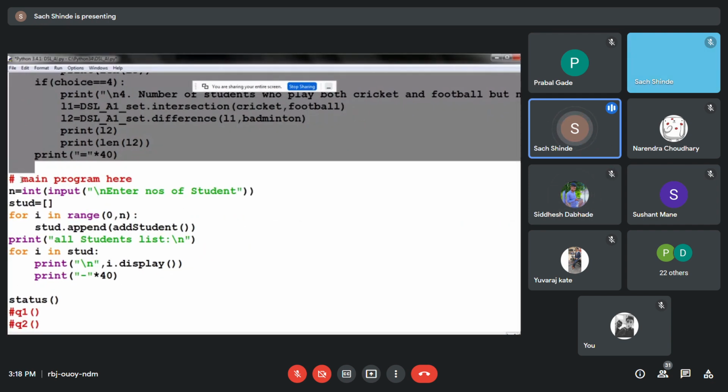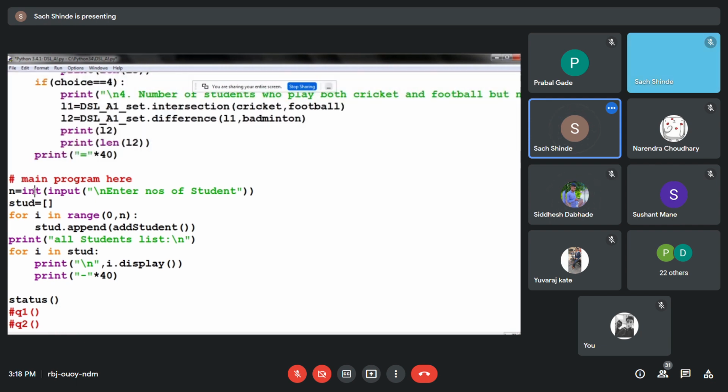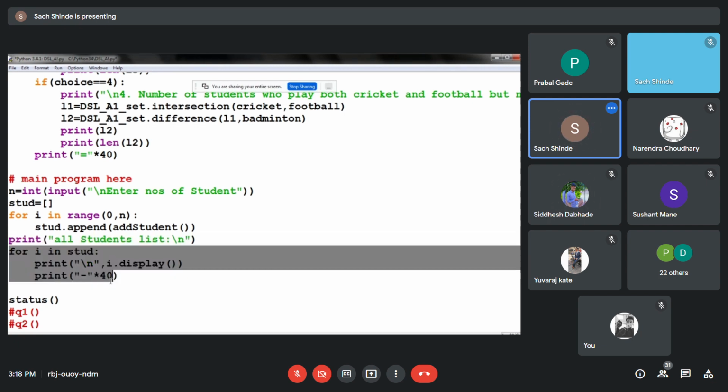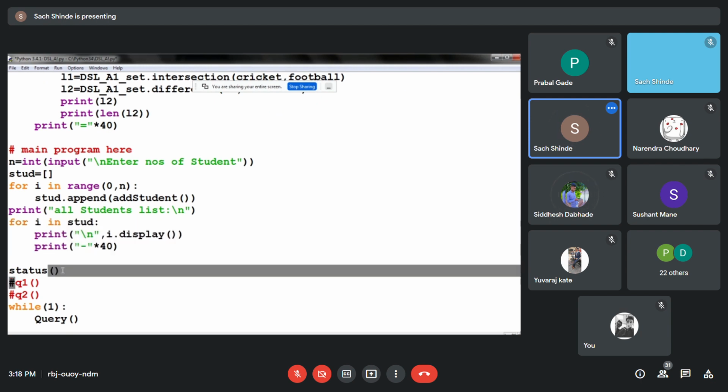So, my main program starts here. N is equal to input, enter number of students, and we create an empty list of students. We append the student information by using add students to the student list, and we print all the student data over here, and finally we call the status.